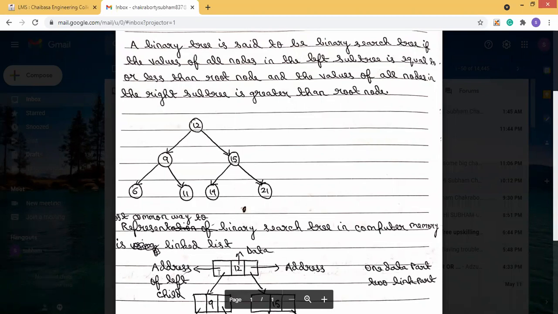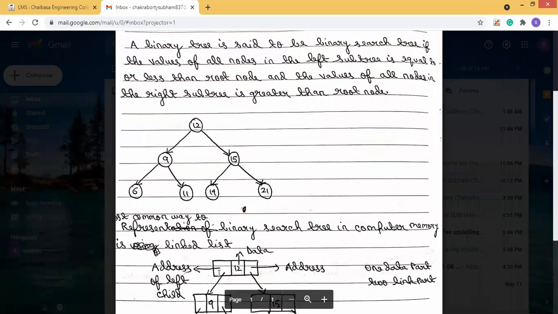The address field on the left side will point to the previous node, and the address field on the right side will point to the next node, and in between them there is a data field.